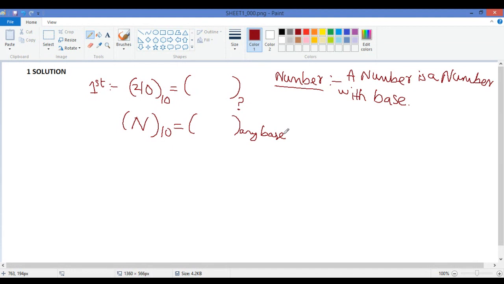And the second skill is, if you have a number with any base, then how do you convert it to base 10? If you know these two skills, then it is easy for you to understand any number conversion. For example,